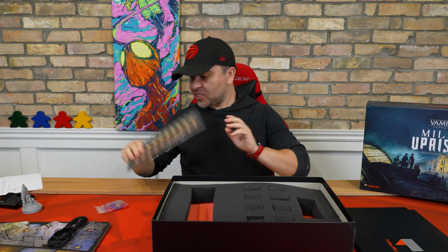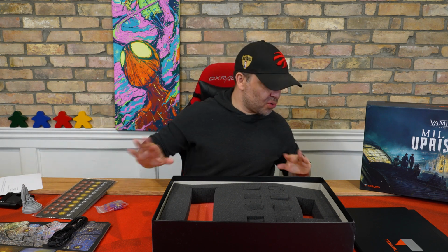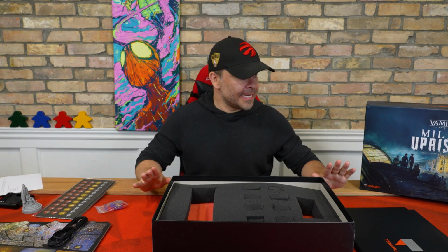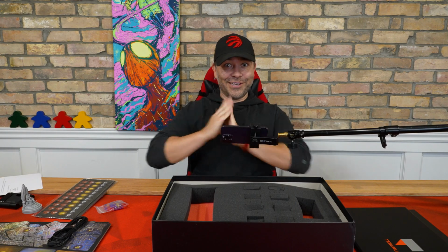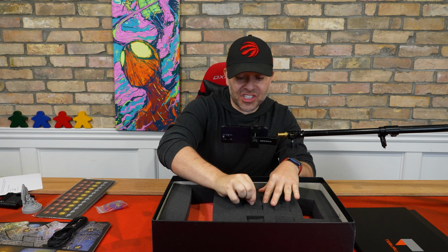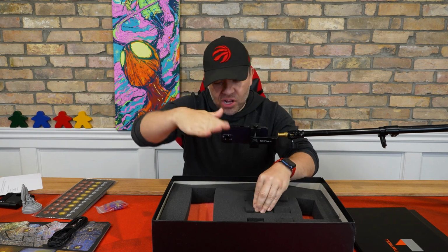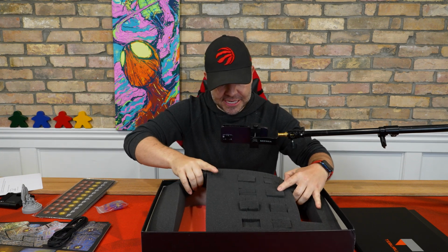Let's bring the camera down. Let's look at all the smaller stuff up close. We're going to save that giant thing for last. It looks really cool. I'm trying not to focus too much on it. All right, let's do this. What I meant about messing it up is, if I did this properly, I should have just lifted one of these and pulled out a mini. But because I lifted this whole thing out, they all fell at the bottom. So let's just kind